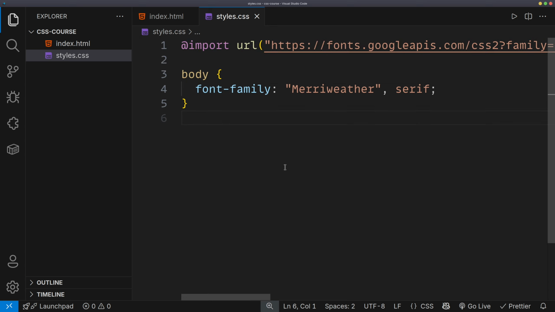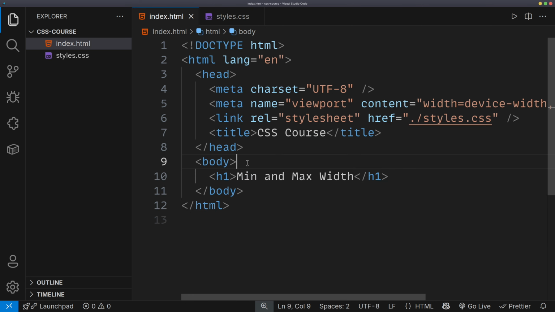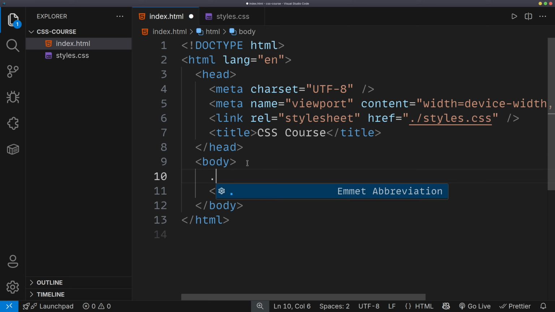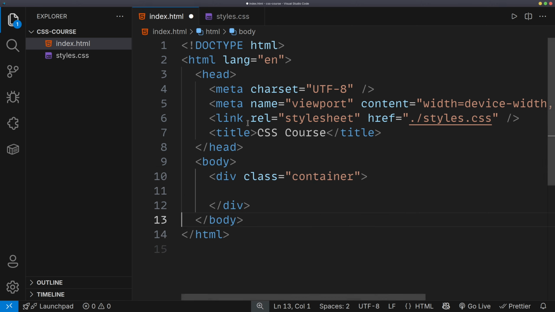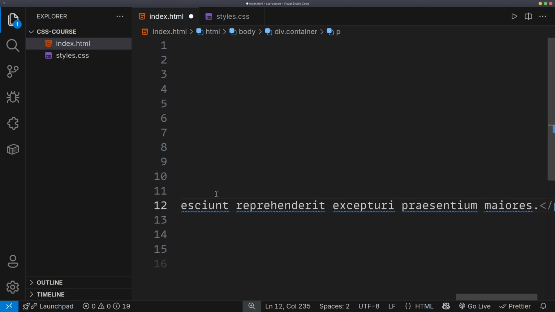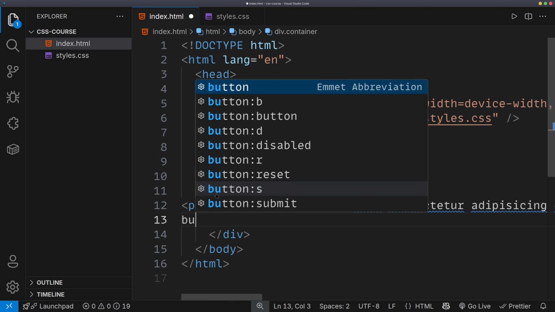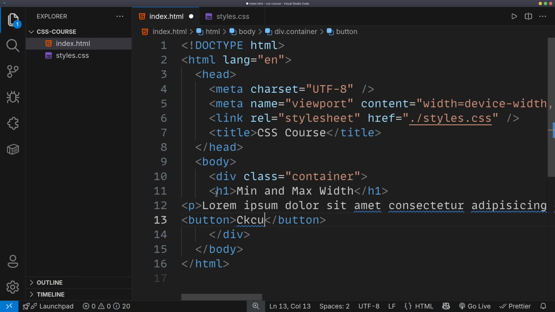So, as the name suggests, the min width sets the minimum width of a box and the max width sets the maximum width of a box. What I am showing right now is pretty common. I can create a div with the class of container, and inside of that I can just cut that and paste that here. Inside of that I will have a paragraph of lorem, and after that I will have a button which says something like